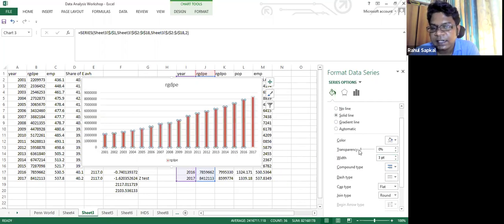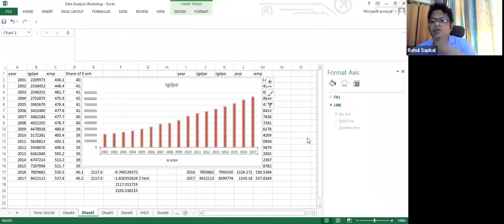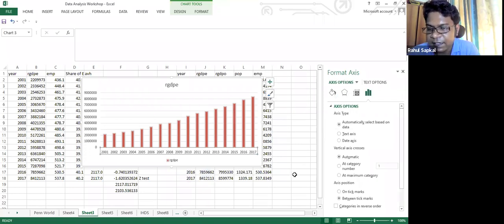You can also increase the transparency. Okay, so you can do many things. This is only the designing part.